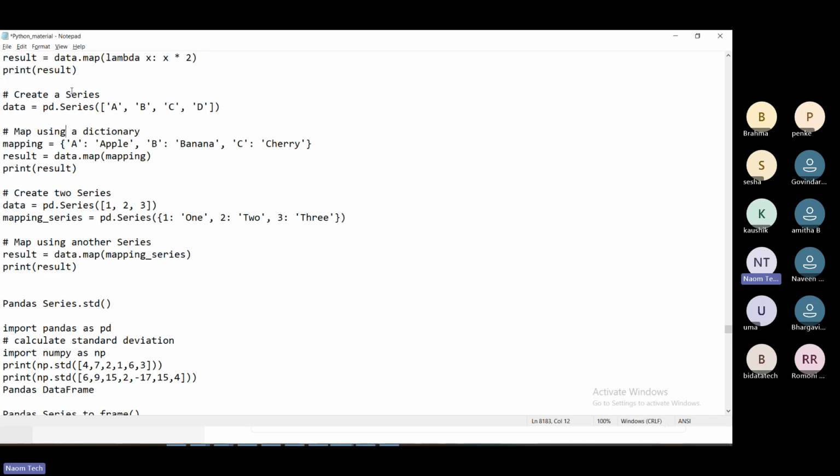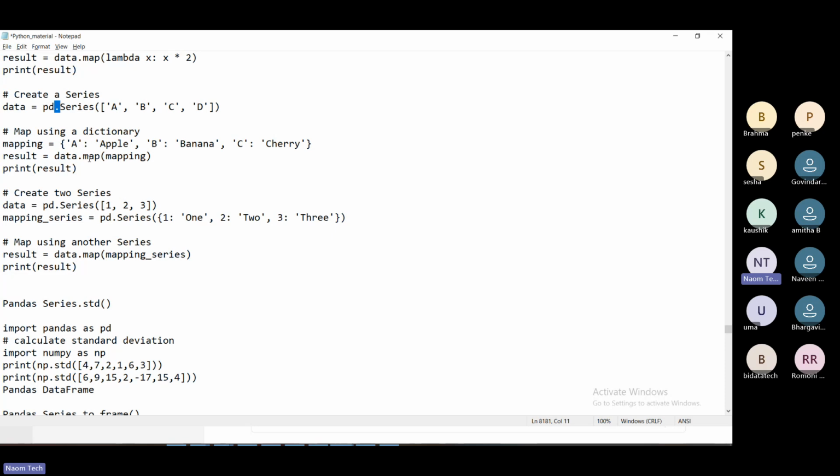One is a series with a list of characters, A, B, C, D. And another is a dictionary with key-value pairs. You can see the values in the series are keys in the dictionary, and they are common. Now what you are doing is calling data, this series,